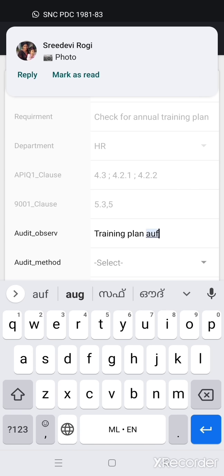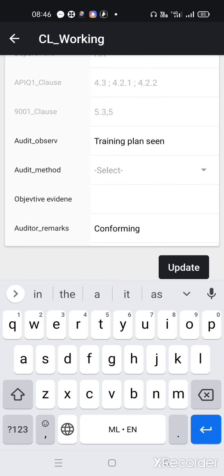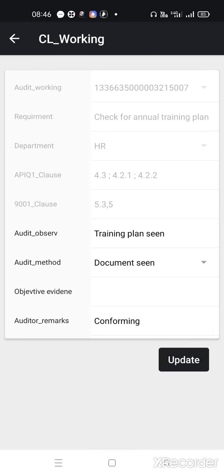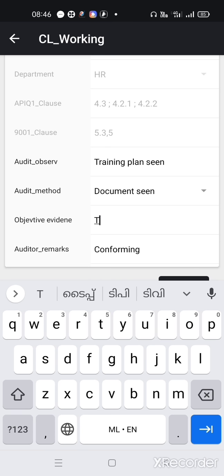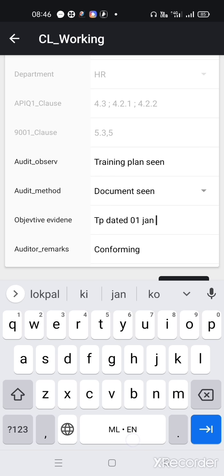Audited. Training plan seen. And what is the mechanism? Here is document seen, and you have to mention what is the objective evidence. So TP dated 01 Jan 21.